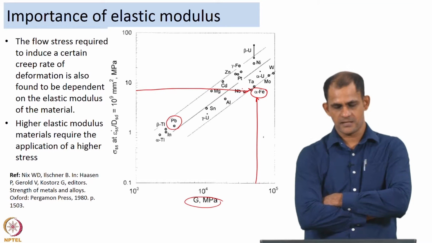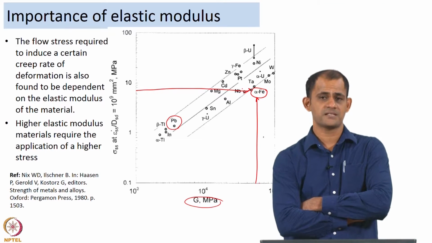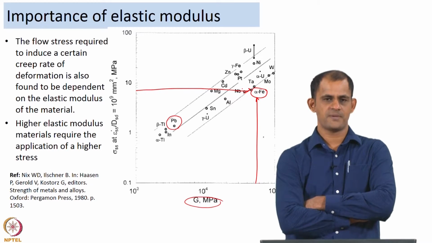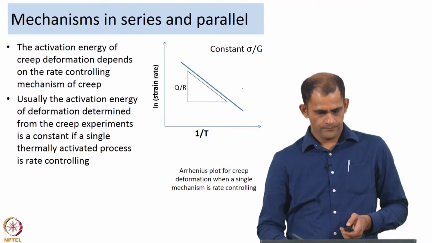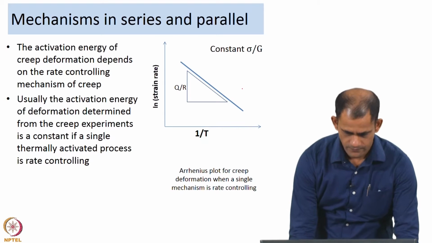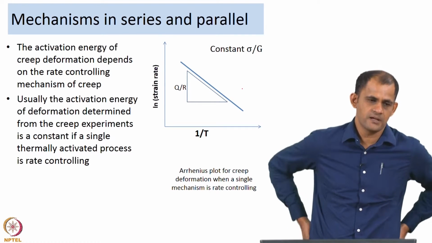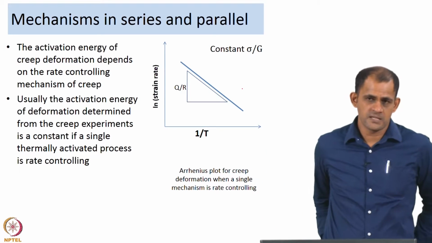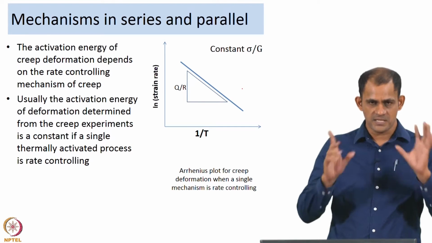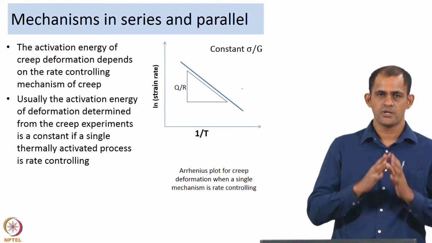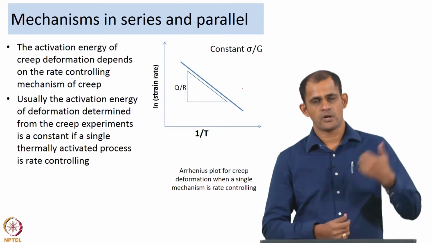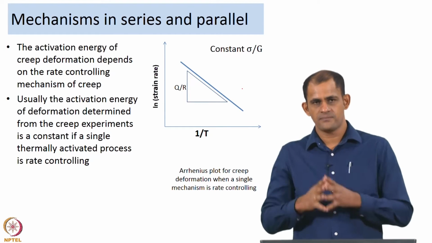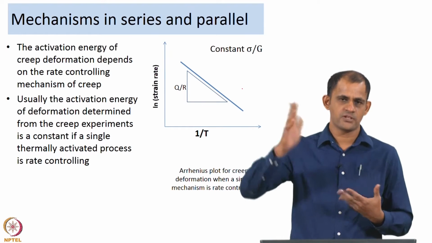So, this also tells us that normalizing with the elastic modulus allows us to compare the behavior of different materials. So, we are talking about transitions in creep mechanisms. We said the Bird-Mukherjee-Dorn equation helps us look at different mechanisms in a single plot. You could have different mechanisms of deformation shown in a single plot if you plot normalized strain rate versus normalized stress. So, you could have transitions from one mechanism to another as a function of sigma by E.